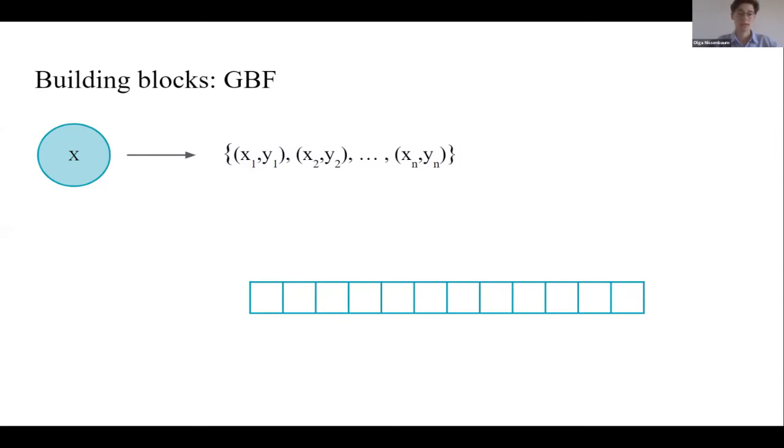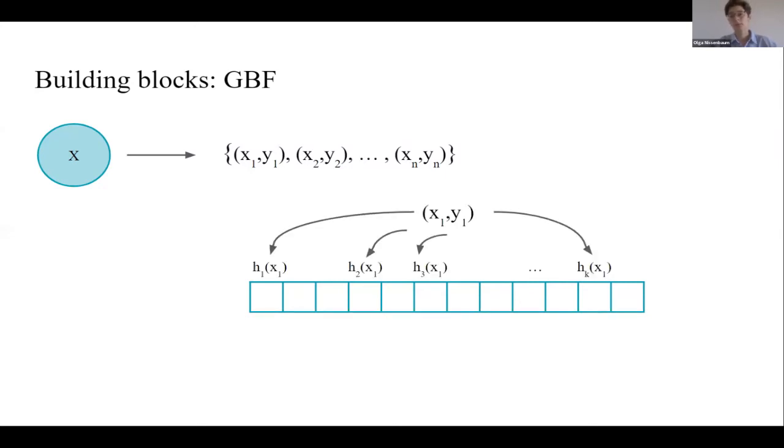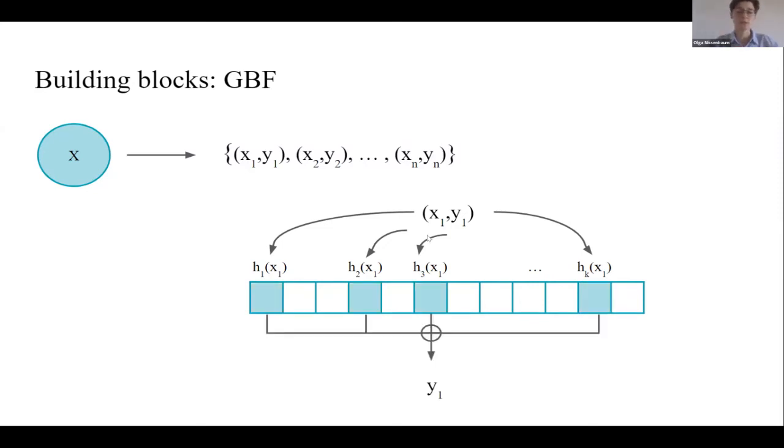Suppose that any item in the set X has its own associated value. Here, x1 is associated with the value y1, x2 with the value y2, and so on. For now, we can consider the mapping X to Y as a random mapping. We define GBF as a vector of numbers in the following way. Let some item x1 have its unique set of indexes inside the GBF, defined by a fixed number of hash functions. We set the numbers at those indexes in the GBF